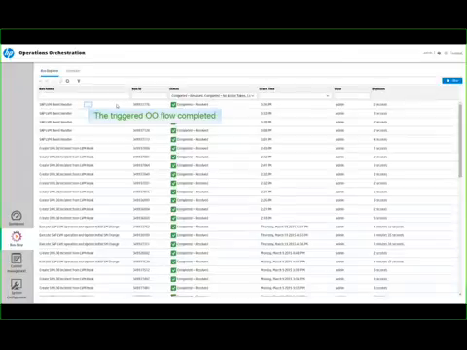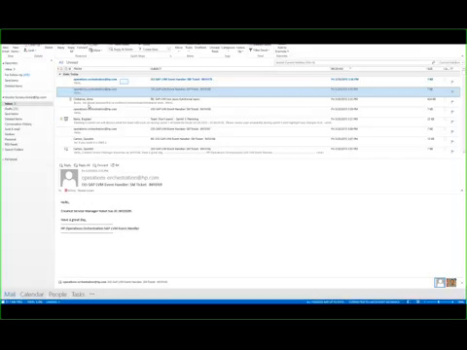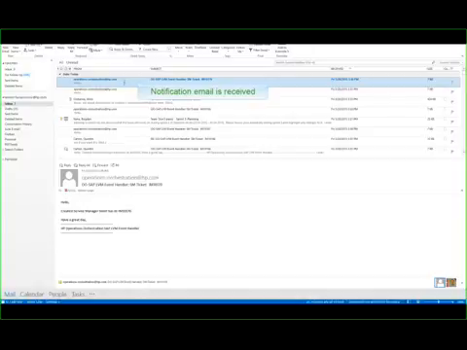So here I have my triggered OO flow completed. And as I've said, this flow created a service manager ticket and then notified the IT service desk that a ticket has been created. So I received an email sent by this flow with the service manager ticket ID in it.